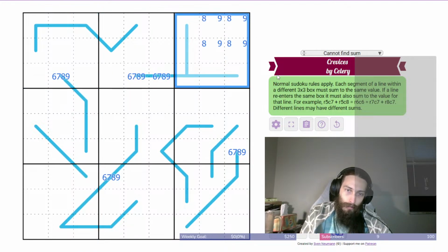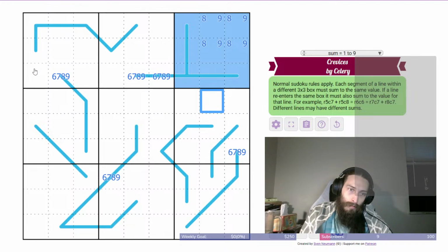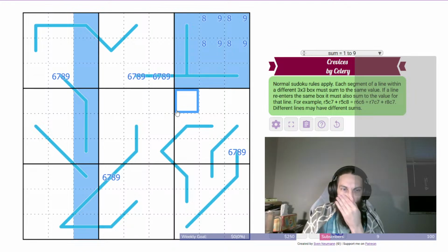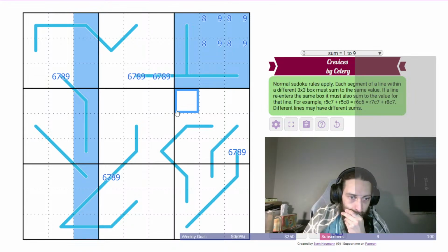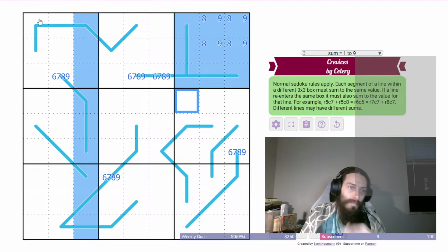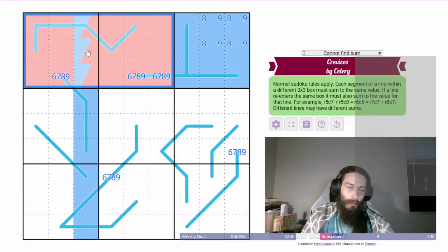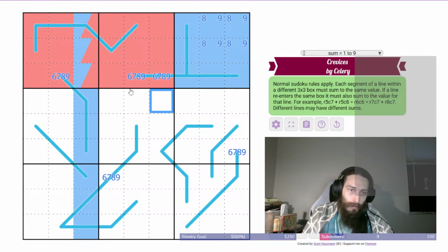I want to do this box. And I want to do this column. What if I do these two boxes as well? Alright, and then make those red. If I just leave it at this for the moment,